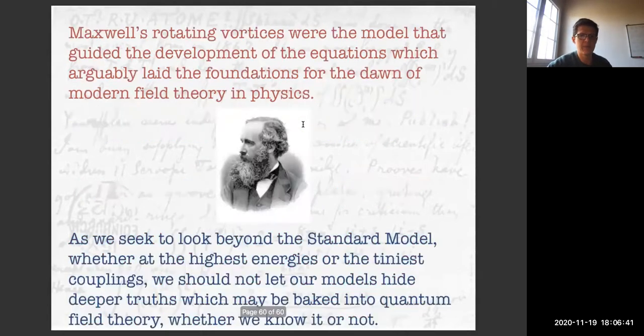field theories have had. And last of all, I was trying to think about analogies about this situation where we write down models for light new physics, and then we test their experimental search for them experimentally, see what the experimental limits are, and then write down a different model and do the same. And somehow this reminds me a little bit of Maxwell's process, where he wrote down these theories with rotating vertices and vortices and all these sorts of things. And these toy models really guided the development of how we understand classical electromagnetism. So they were very, very useful, but of course they were missing the point, and the point only emerged afterwards